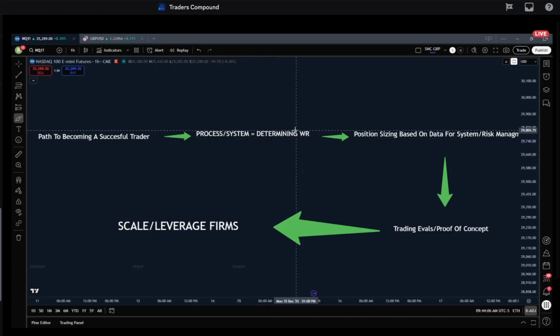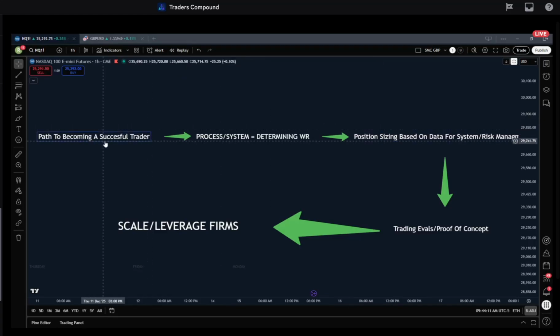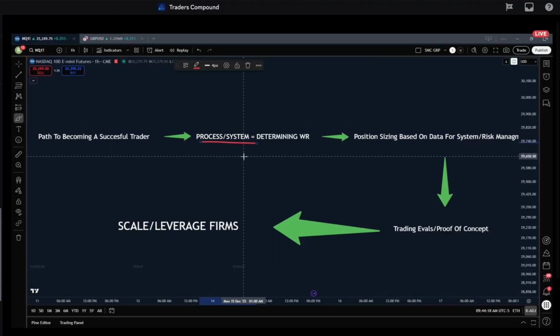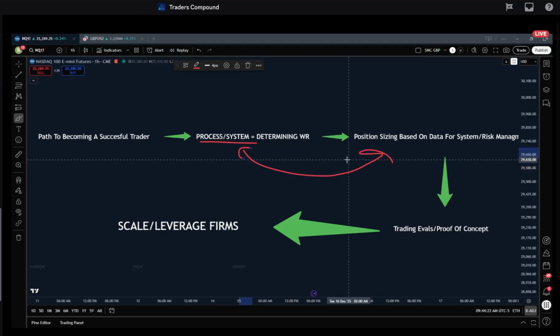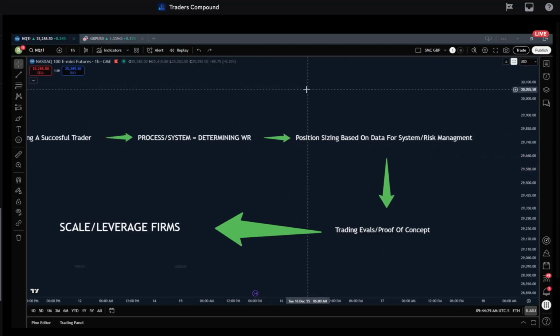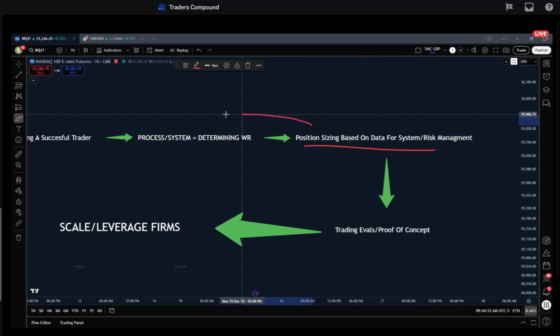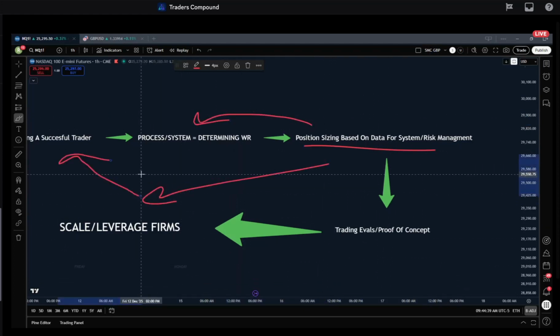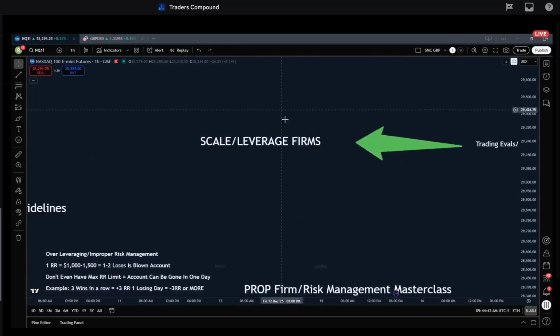And I understand for some VIP students, or for some of us trading independently, trying to learn this and become independent without the help of these live calls and doing it alone, this process or system is still being developed, right? And of course, position sizing and the system go hand in hand, but there's a lot of process here. So what I'm starting to notice is that we are missing understanding risk management and position sizing tied to this process and how it's related to the trader overall. Okay.